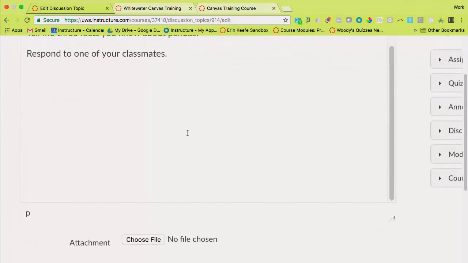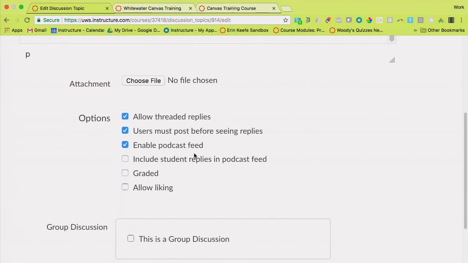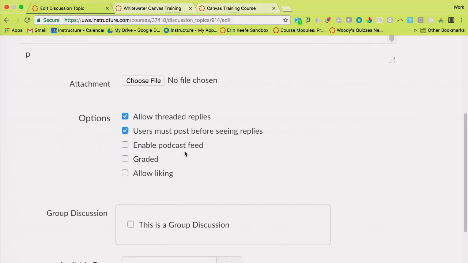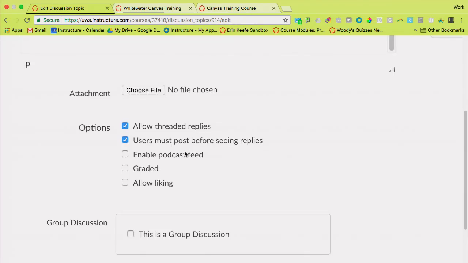So that's one of the reasons why you're seeing enable a podcast feed. But just a reminder that this doesn't have to be text. I've seen some really interesting things done with the discussion tool where students are posting artwork or video, and then their other students are critiquing them.